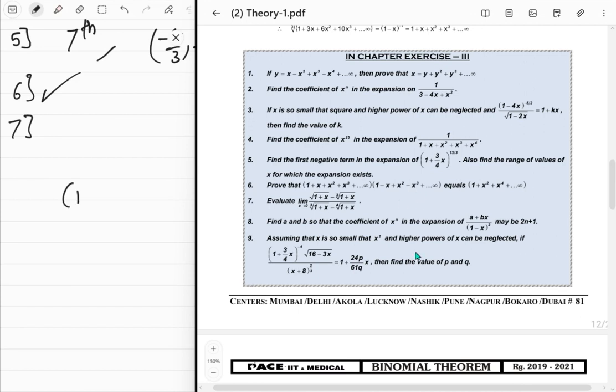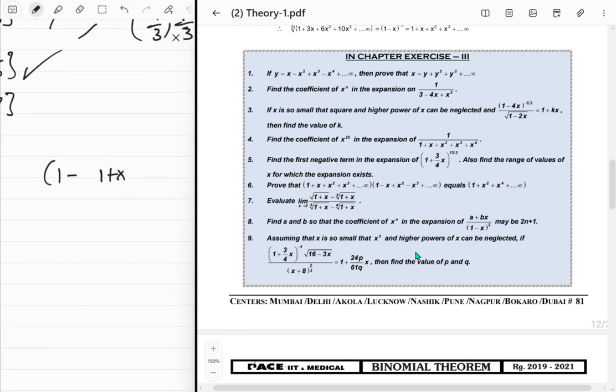So this will just be 1. I mean, that approaches 1 anyway. So just 1 minus (1 plus x) to the power of 1/3 minus 1/2, which is -1/6. That upon 1 minus (1 plus x) to the power of 1/4 minus 1/3, which is